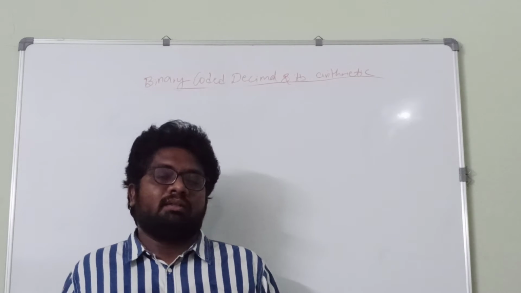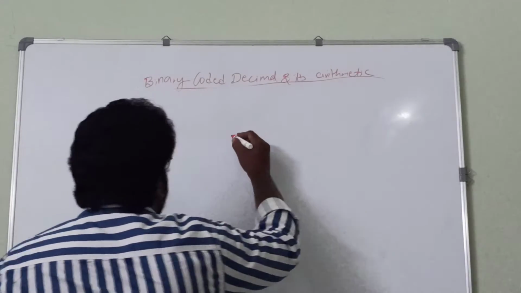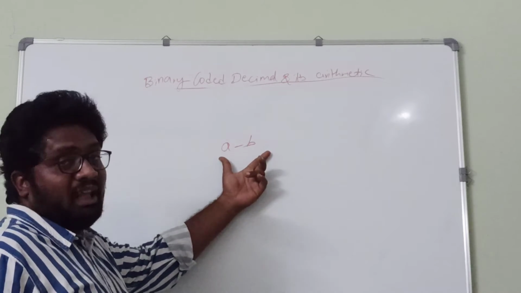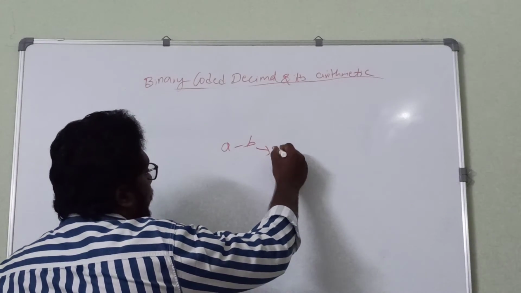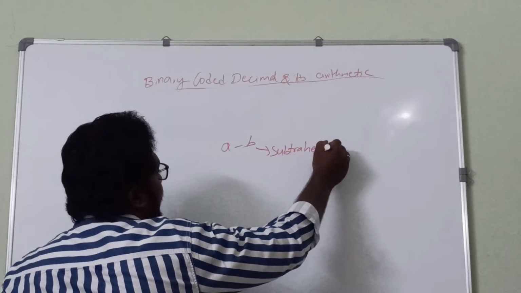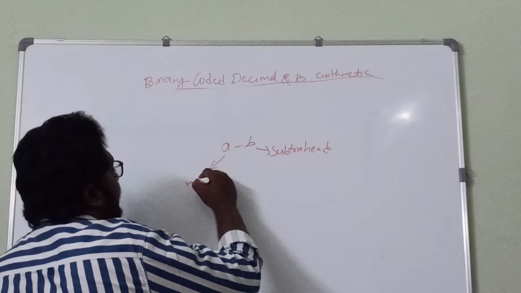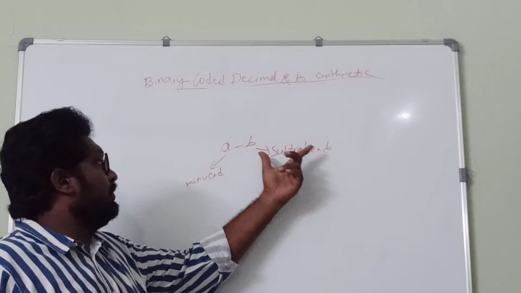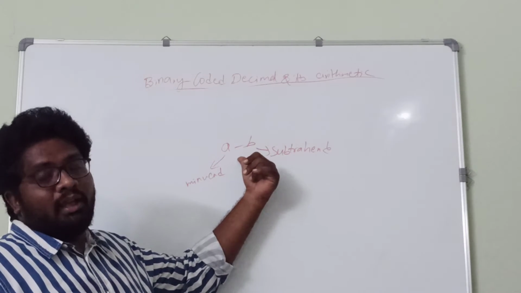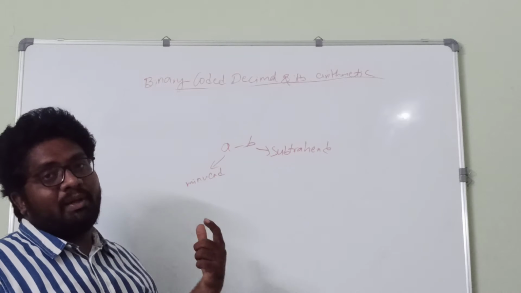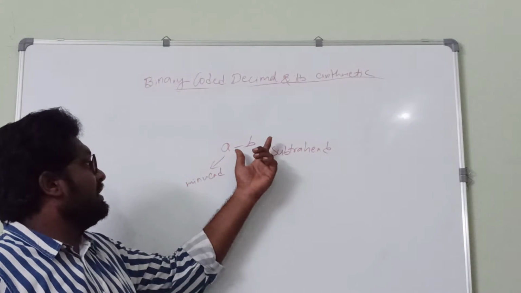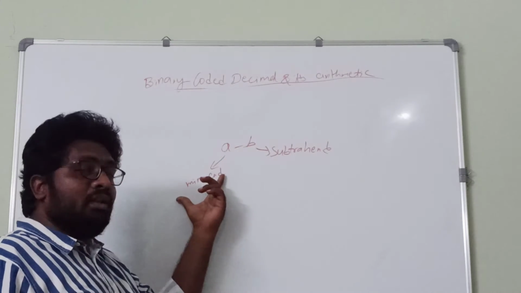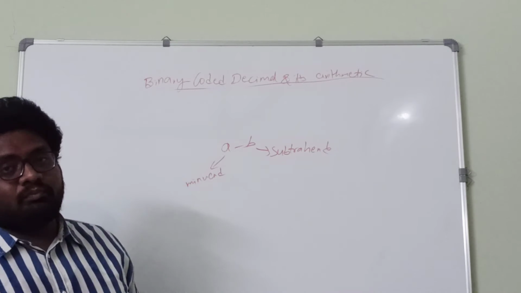to the minuend. That is, for example, if we are taking A minus B, we need to perform the subtraction operation for this A and this B. Here we call B the subtrahend and A the minuend, right? That is, we are going to subtract the value of B from A. So the first rule for BCD subtraction using the tens complement representation is that we need to find the tens complement of the subtrahend value and add it to the minuend value, right?